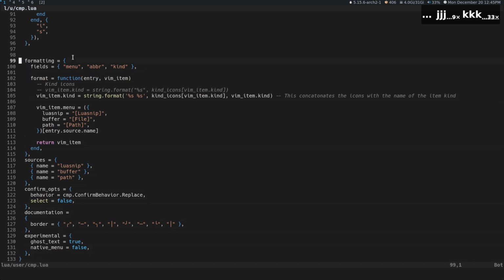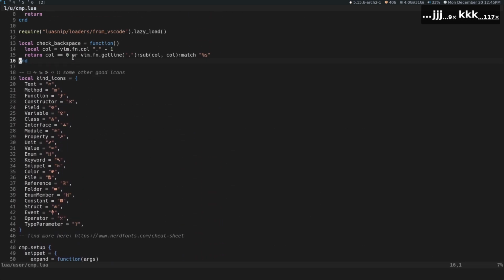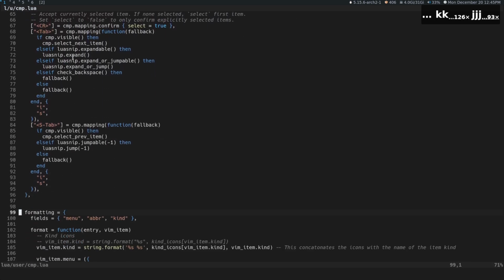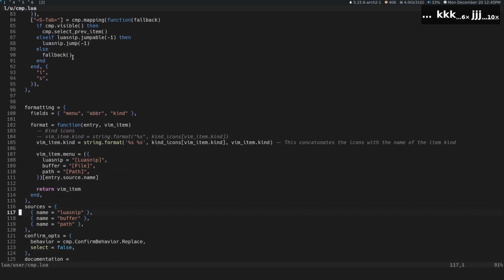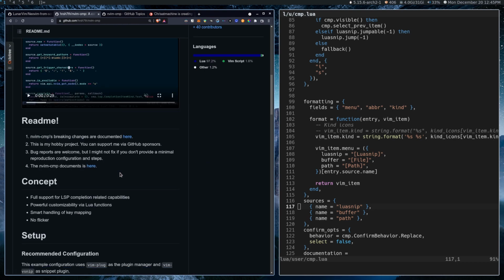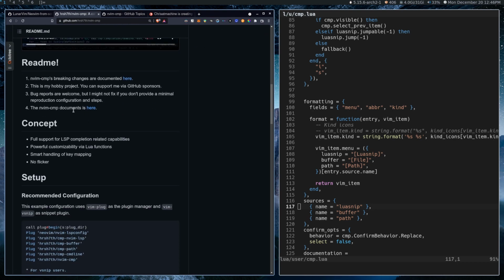That's the experimental stuff. And yeah, I think that's pretty much it. I think probably the hardest concept in all of this is understanding that there are extensions and sources. I guess they're called sources. I've been calling them extensions. If you want to find other sources, then what you can do is you can go down to,